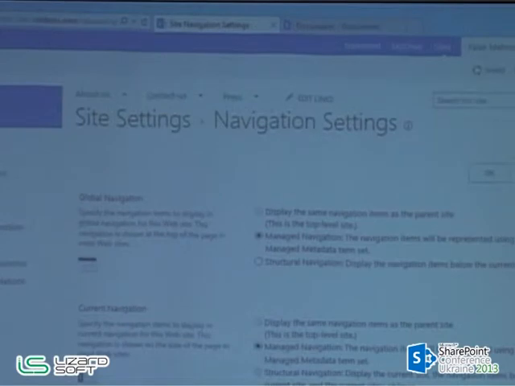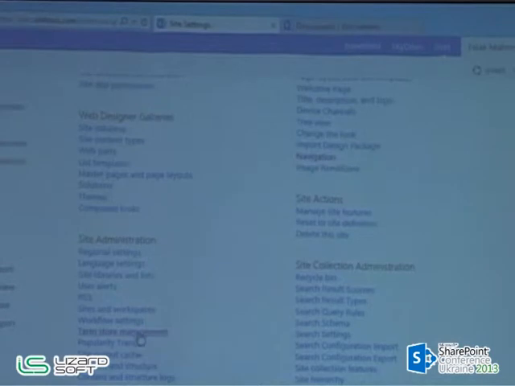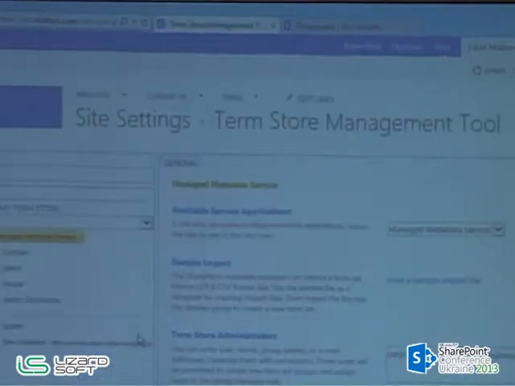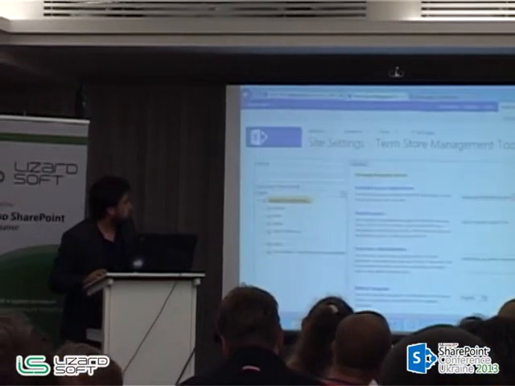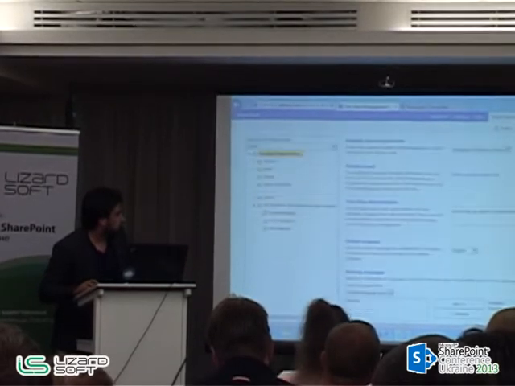So what is the benefit here? The benefit is that your pages can live anywhere, and you just have to tag them in the correct way. You just tag them correctly, and then they will appear right away in the navigation. So for example, if I go here to the site collection,